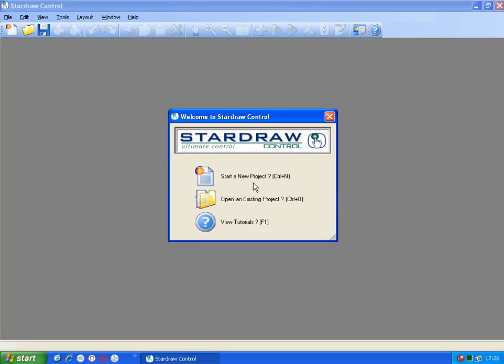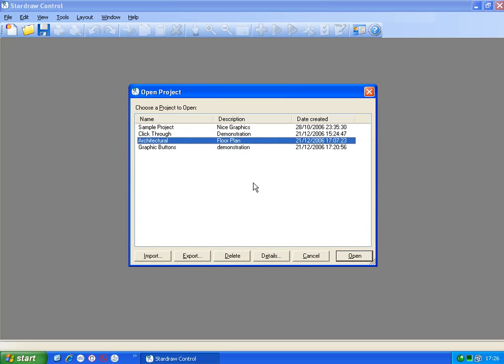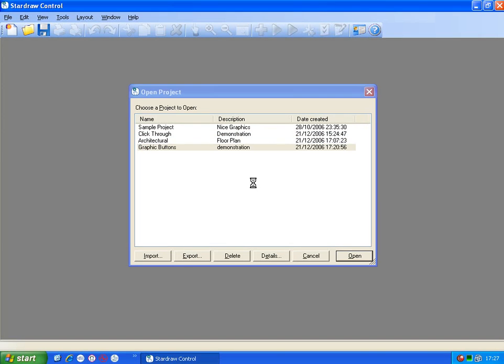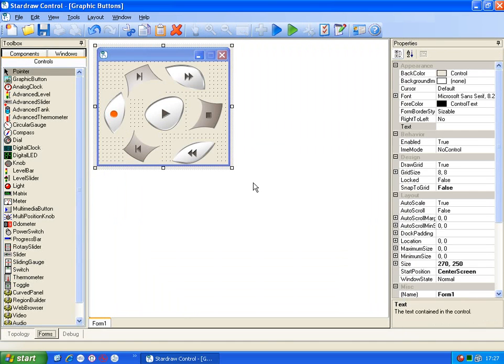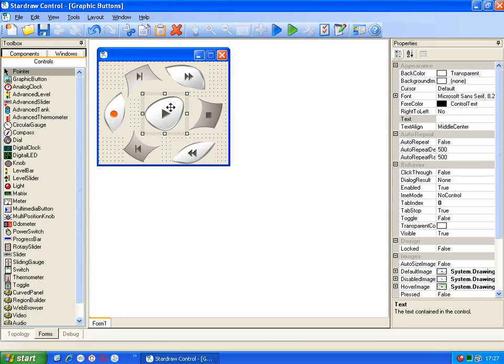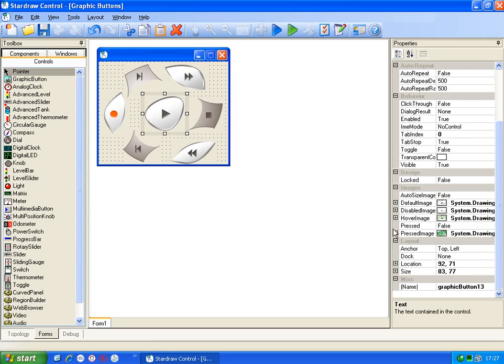This short video will show how to use the new irregular buttons within StarDraw Control. I've already created a sample project here which has some interesting graphic buttons on it, and the only thing special about them is they have irregular shaped transparent PNGs as their default, pressed and hover images, which we can see here. If I just click on here, you can see their default, disabled and hover images here and pressed